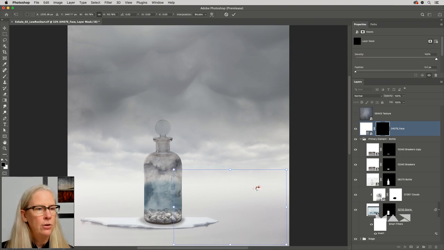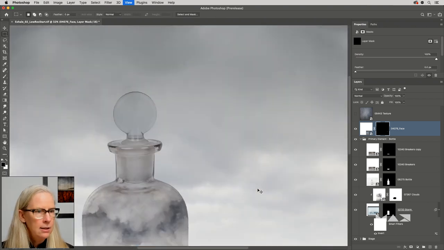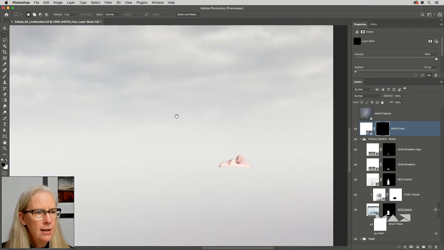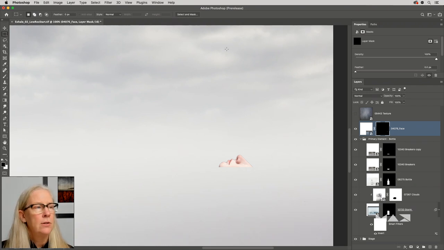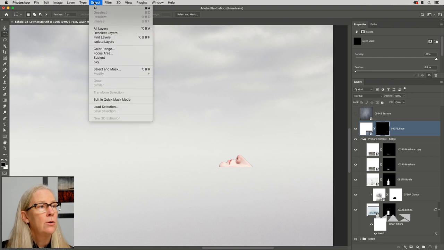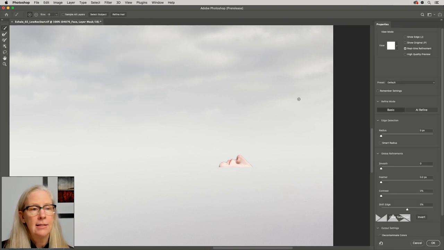And then I'll tap Return or Enter to apply that transformation. Now let's zoom in to 100% and just make sure, see that little halo, that black line around there? I don't want that. So with the mask targeted, we're going to do the same thing we did a moment ago. I'm going to go to Select and then Select and Mask. And I'm just going to use that Shift Edge, pull that over, and now we don't have that halo.